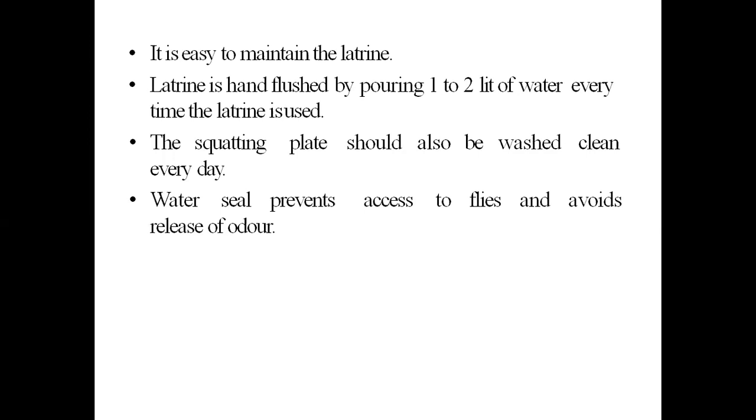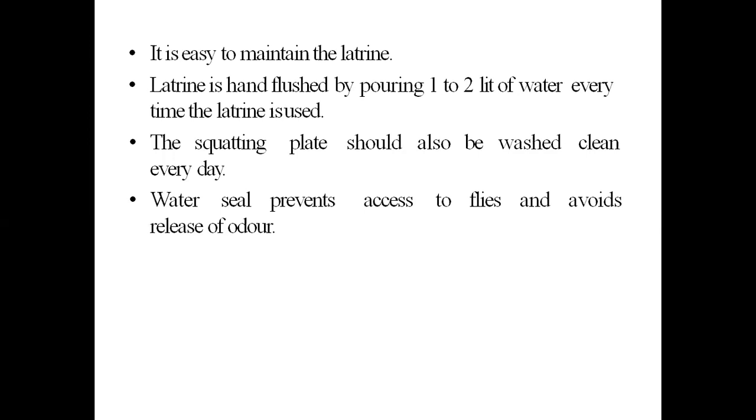The next part is the dug well, which is the pit of about 75 centimeter diameter and 3 meter deep, and it is lined by bamboo matting if it is loose soil, to prevent caving of the pit. So bamboo matting is made around the dug well in case there is a chance of loose soil. And when the pit is filled, a second pit is already made in advance so that we can use it simultaneously when the first one is filled up.